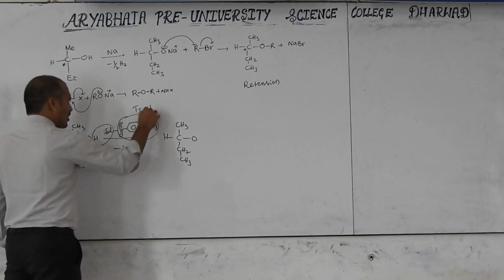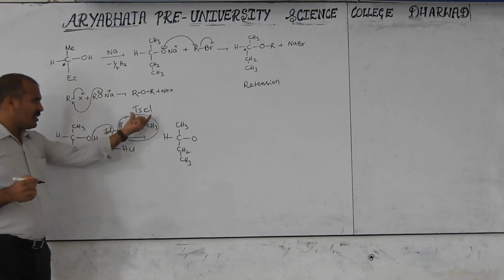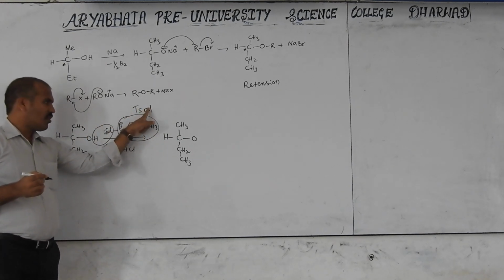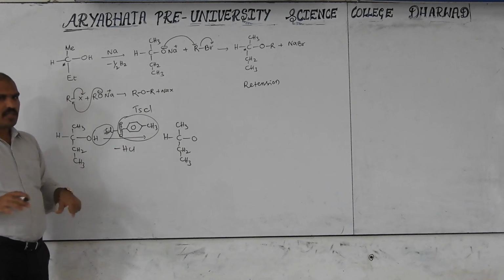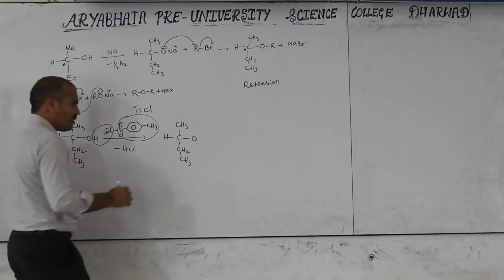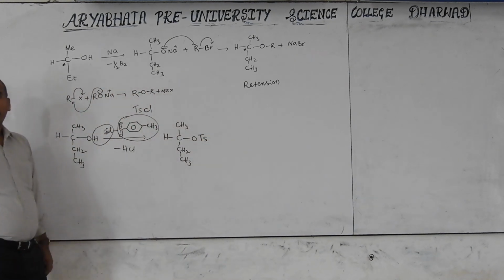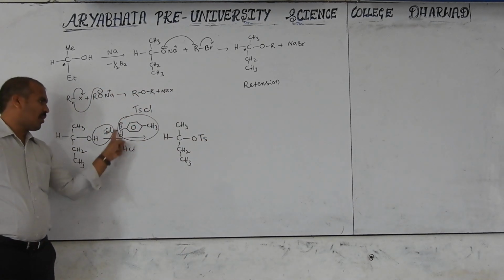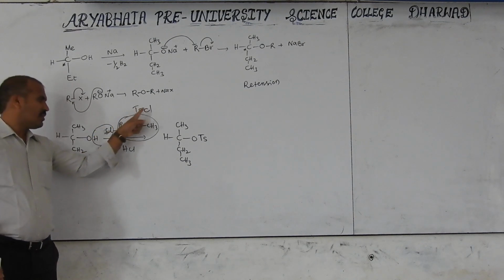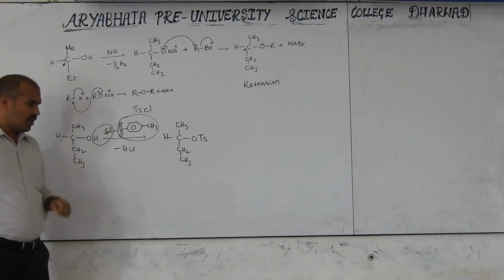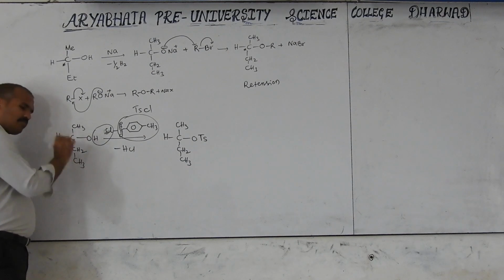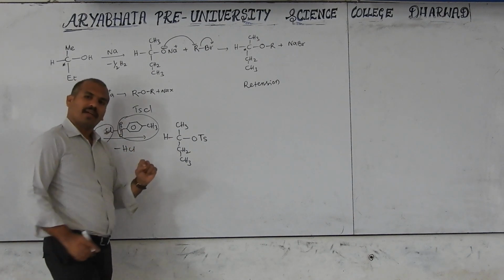If you have chlorine in there, that is chloride. So TsCl is the total compound. If Cl is not there, we have to write TS only. Instead of writing the total structure, it is a time-taking process, so I want to write TS. TS is nothing but this rounded part. TsCl is the total part. Now already this is chiral. Then here also what will we get? Chiral.